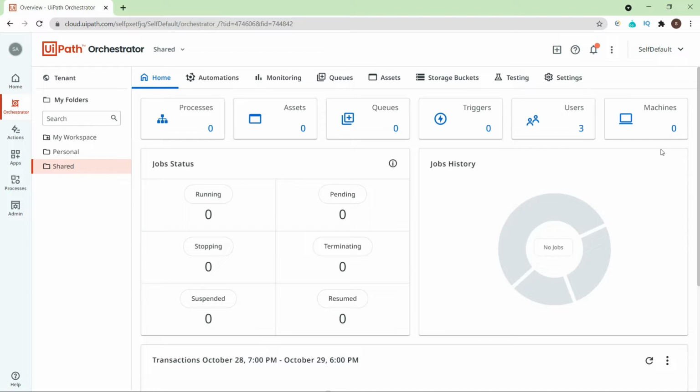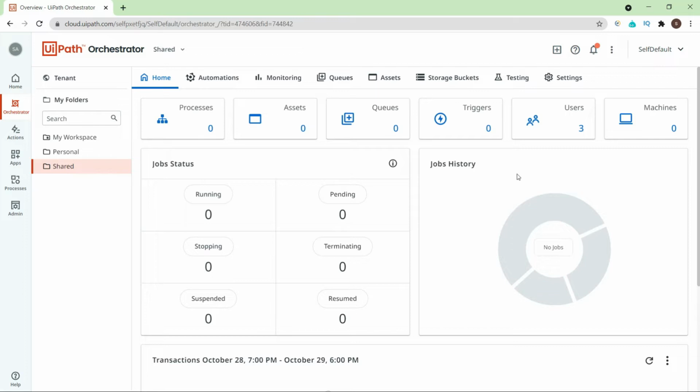Let us understand the new design system for orchestrator. If you notice here, with this release, orchestrator adopts the new Apollo design system. What does this mean for us? It is nothing but consistency in the user interface across orchestrator and other UiPath products. It is easier to navigate, and there are some user interface improvements. There isn't any change in orchestrator functionality, but there are a few things you should notice.